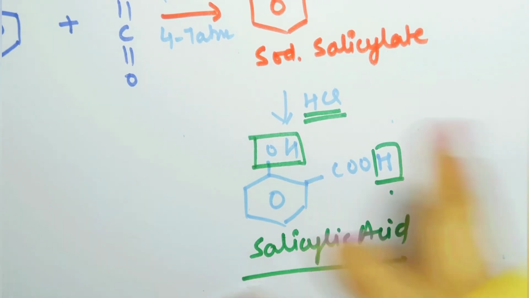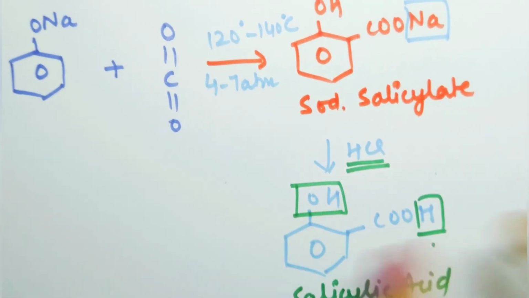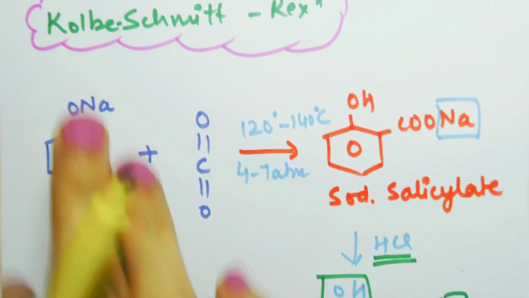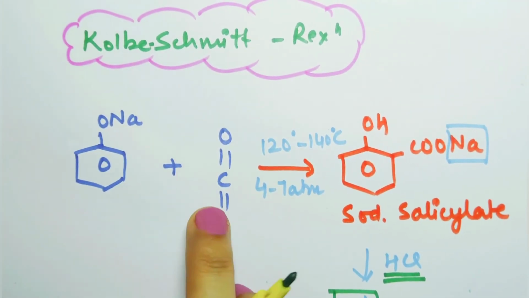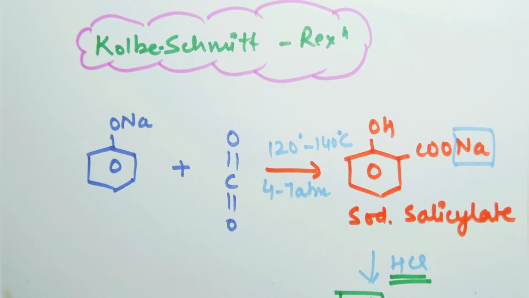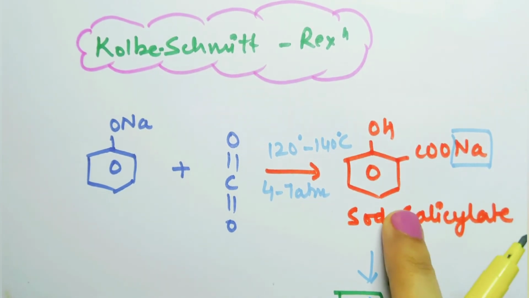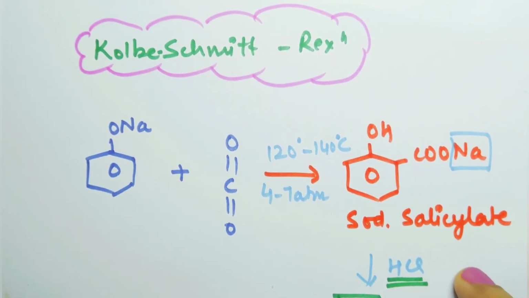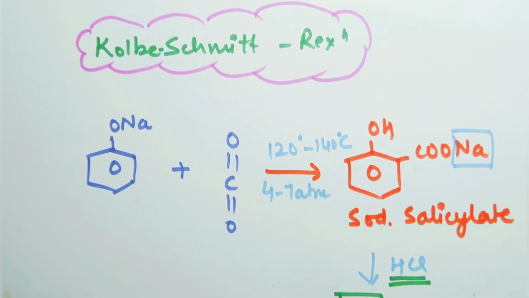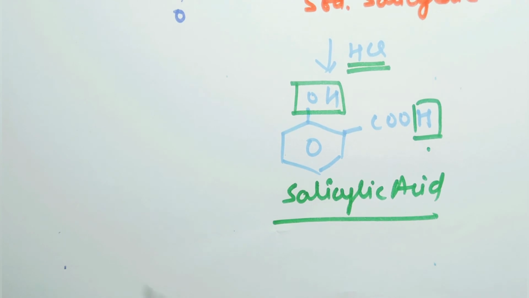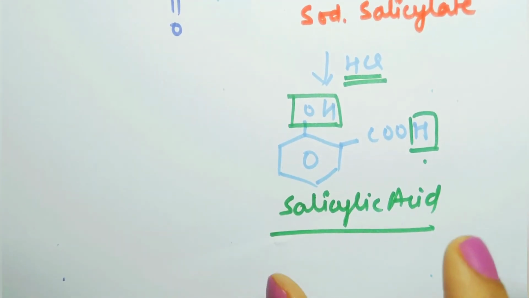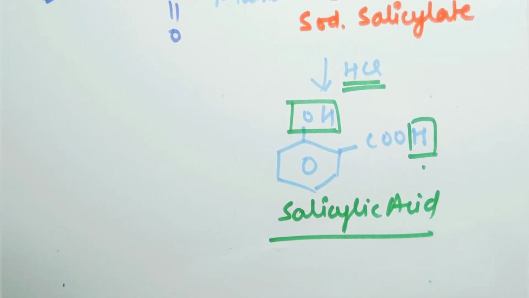Okay, that's why I have taken this reaction. It's very simple, and it's very important also. You know the mechanism of how Na is reacting with the OCO, and we have done it in the last reaction. After that is sodium salicylate. The simple thing is that on acidification it results in formation of salicylic acid. So this is about your Kolb-Schmitt reaction, and we have also done phenol to aspirin.